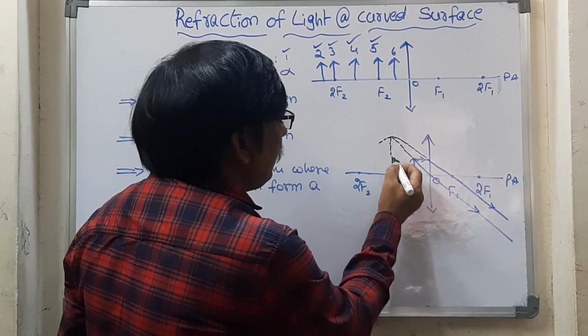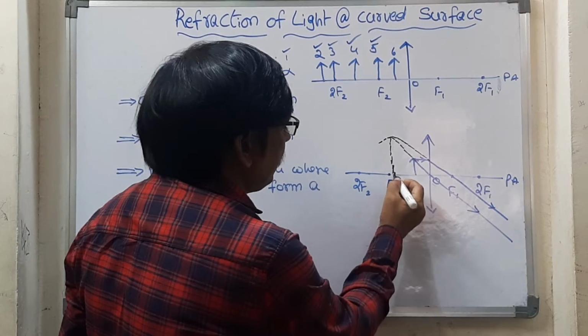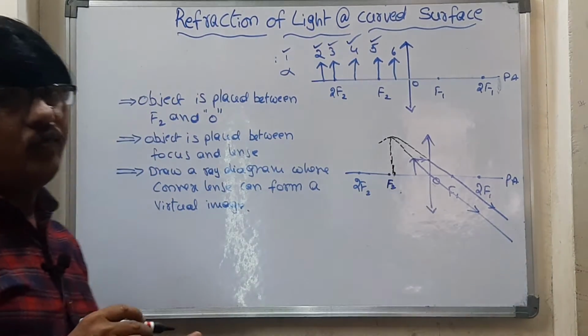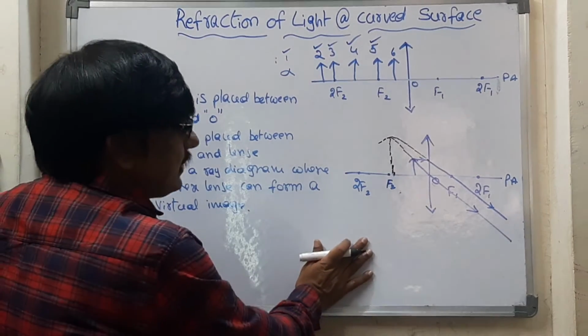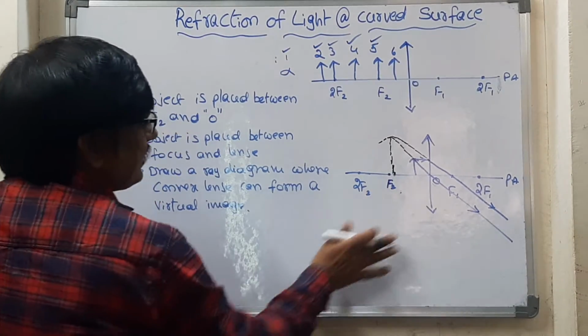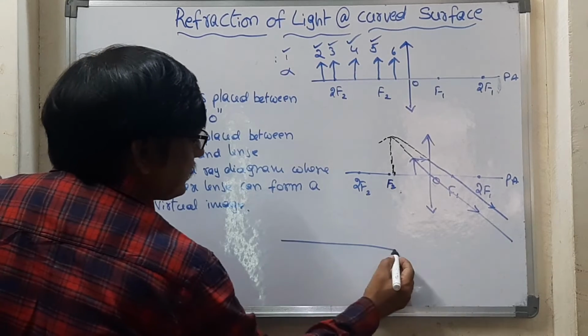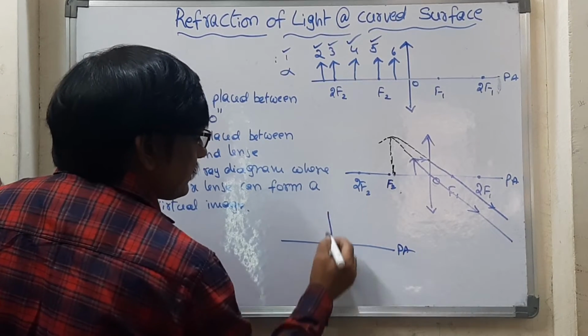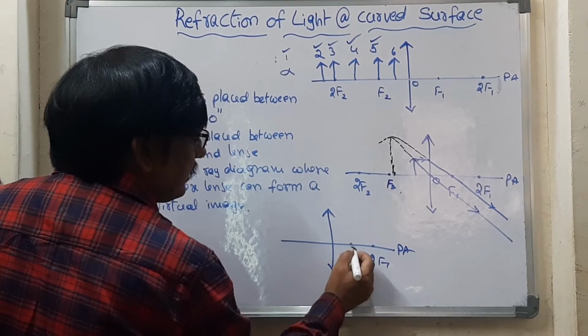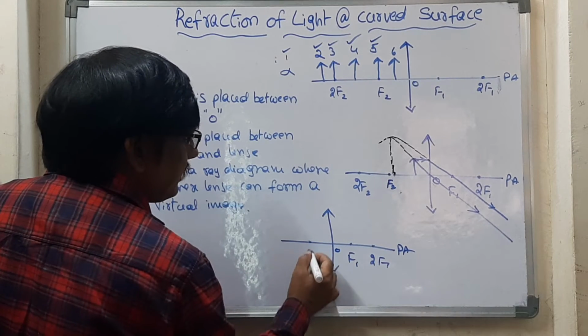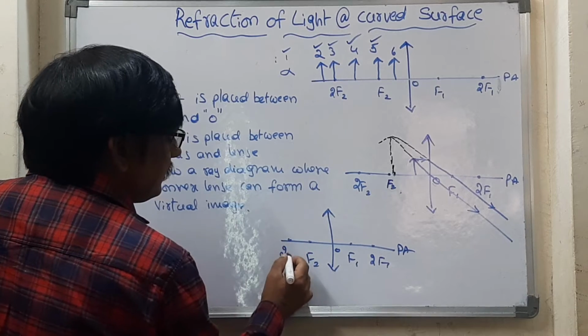Did you notice that? What did you notice? The image is forming, and this is a peculiar case. Why is it a peculiar case? If you observe now, these are the properties. Let us see that. What are the properties? One second, I will explain this one. First of all, let us take the principal axis, and of course, the convex lens we can take first. Convex lens, and this is 2f1, and this is f1, the optic center. This is f2, and this is 2f2.